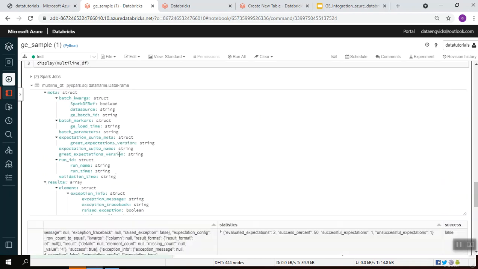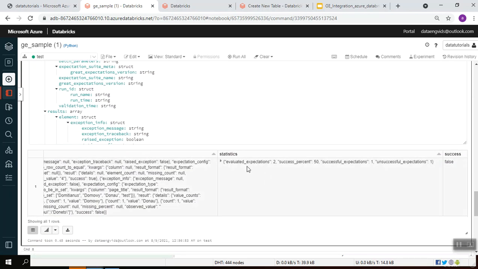We are reading this file, so it will provide the results. Statistics provide the overall statistics of your suite, which means how many expectations you have used, how many passed and how many failed. Finally, there is the total output of your expectation suite. That's it, guys, for today.